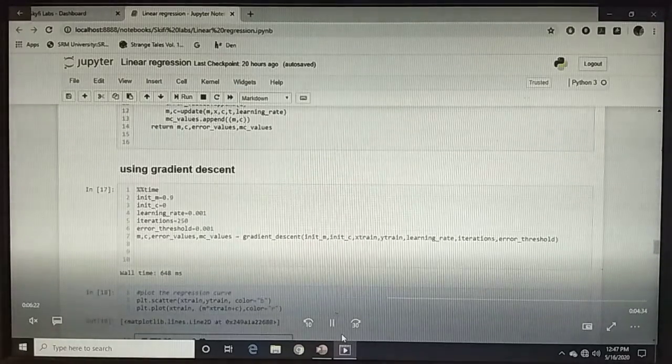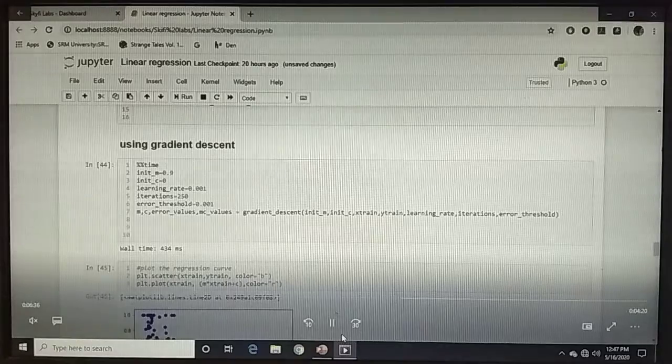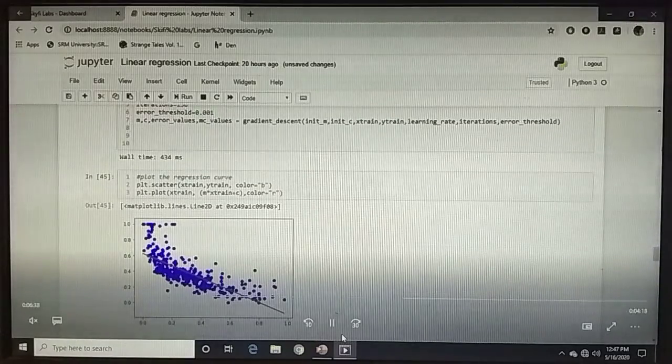Here I use the gradient descent function keeping the learning rate at 0.001, and after running the gradient descent function for training the model on the training data, I can plot the regression curve, which shows the training data and then the prediction values.